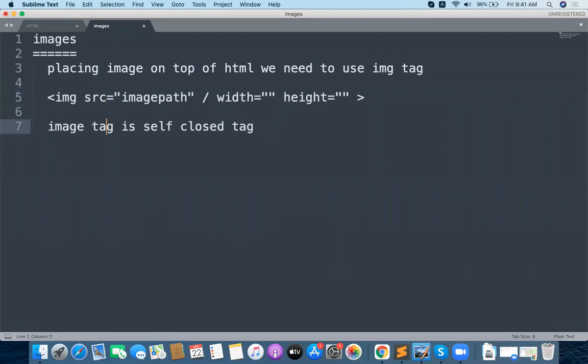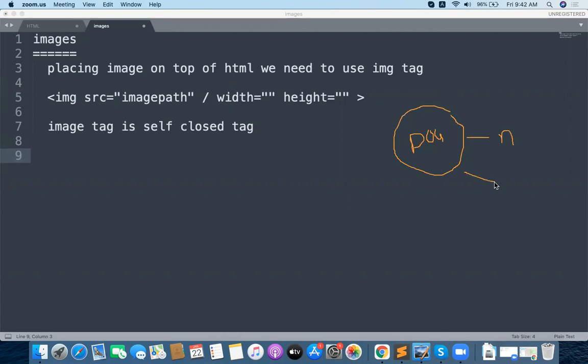For example, you take a dog, like this. This is a dog, and a dog has a number of properties, right? A dog has some name, some color, some height and some weight. All these are actually properties of this particular dog, right?